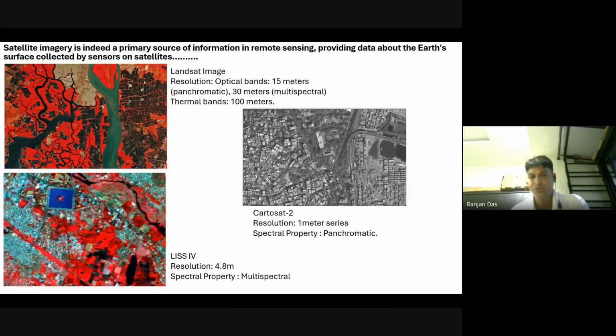Secondly, LISS for images, which is one of the Indian satellite images, with a resolution of 4.8 meters. We can use this data if our budget is low, because it is very low cost. One scene covering almost 700 to 800 square kilometers costs only 5,000 rupees. Next, it is Cartosat image, which is 1 meter resolution. This is not Indian data, this is foreign data, but today we can have this data